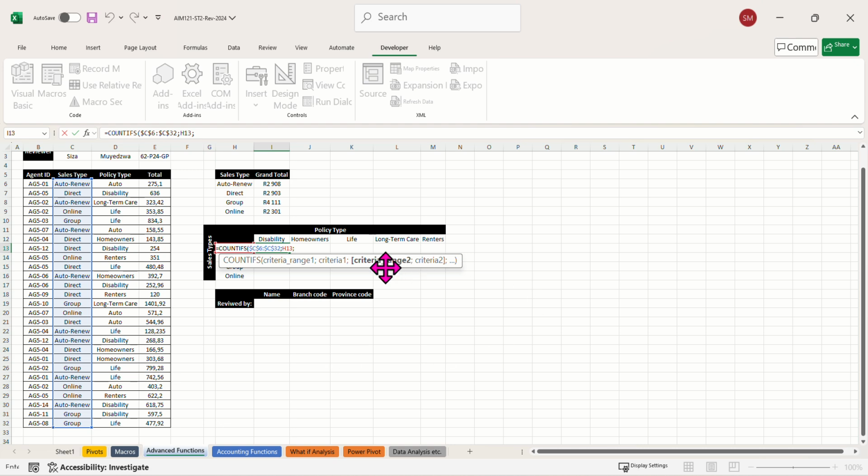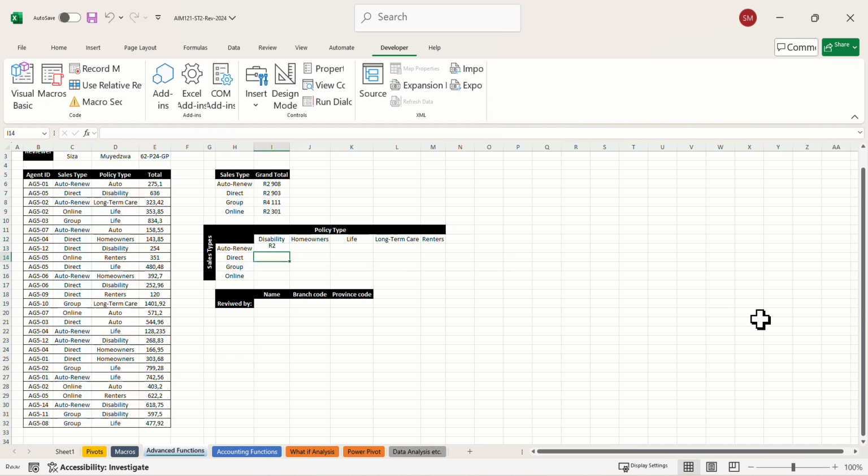And then criteria range 2 will be the policy types range. And I can make it absolute by pressing F4 straight away. And then the criteria 2 will be disability. So there we go. So if I use that, you'll see that